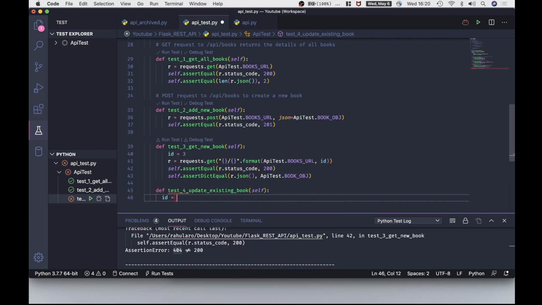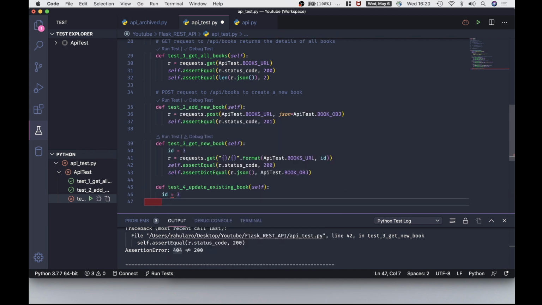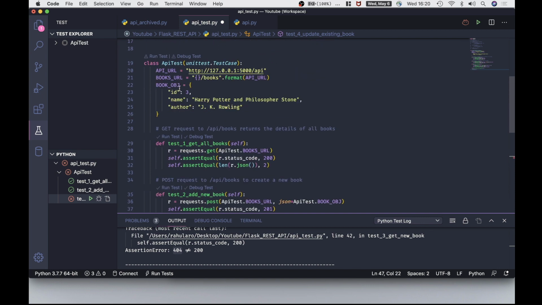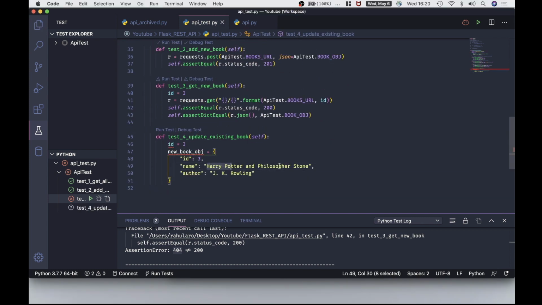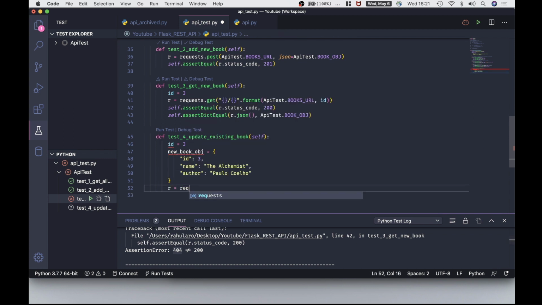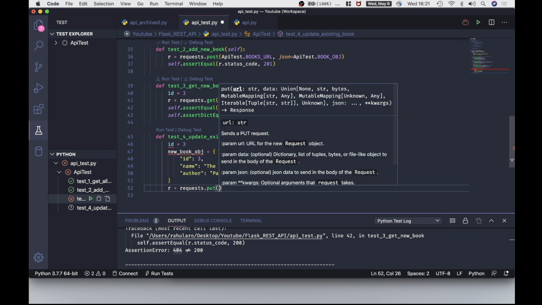id equals 3. The new book object will copy the book object, and instead of Harry Potter and the Philosopher's Stone, let's change the name to The Alchemist, and the author will be Paulo Coelho. Do r is equal to request dot put, and the put will look very similar to post, where